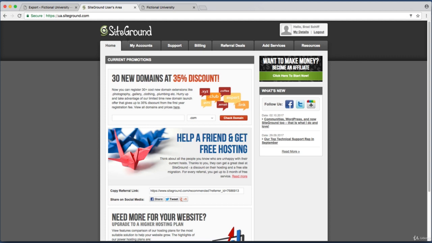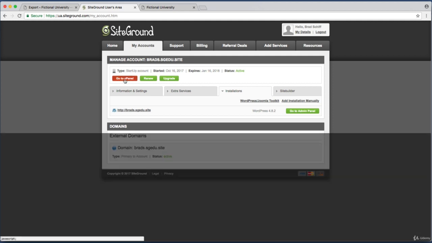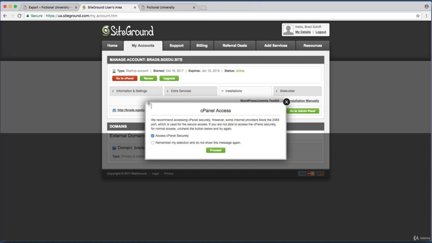Once you sign in, let's click on the My Accounts tab, and we are interested in this Go to cPanel link. cPanel is something that a lot of web hosting companies have in common. So go ahead and click Go to cPanel. If you're using SiteGround, this is just a message that it's trying to connect securely, so I will just click